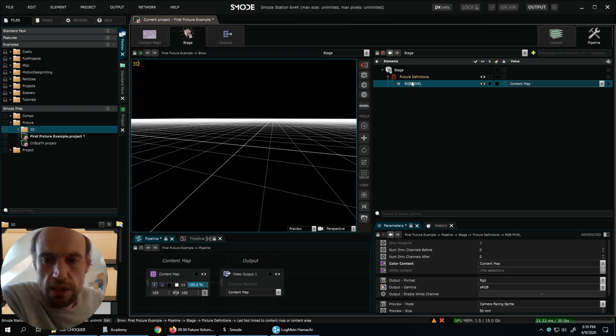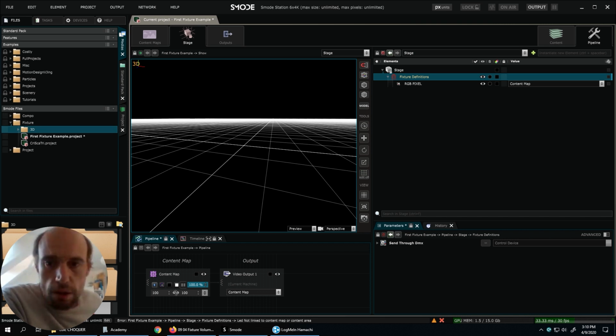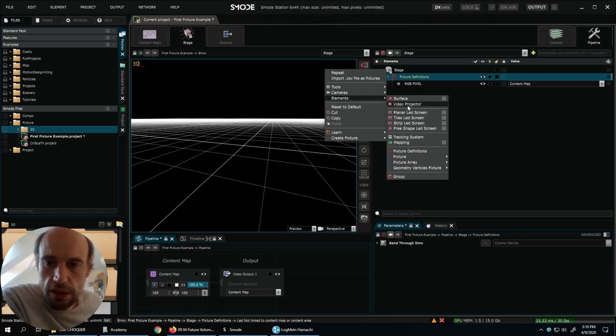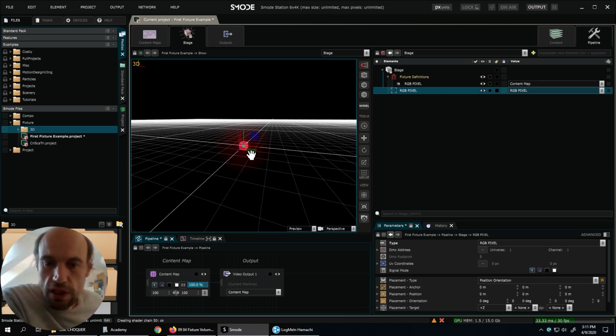Once you have created a fixture definition, you can right click in the stage and there are some new options that appear. Here it is. This way we can instantiate our fixture in the stage.